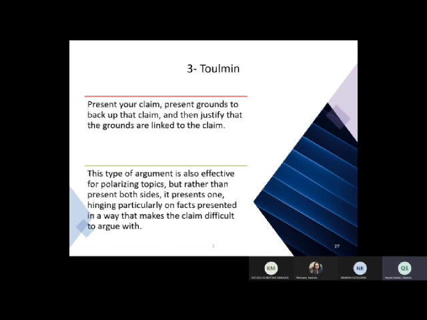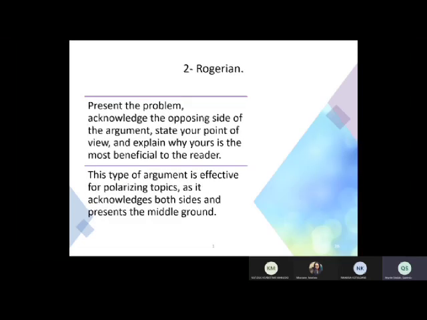Present your claim, present grounds to back up that claim, and then justify the grounds that are linked to the claim. So this type of argument is also effective for polarizing topics, but rather than presenting both sides, it presents one, hinging particularly on the facts presented in a way that makes the claim difficult to argue. So you present just your facts, and then you present so much evidence that the reader will be convinced, right? But once again, I think the Rogerian is the best strategy, the best way to me to